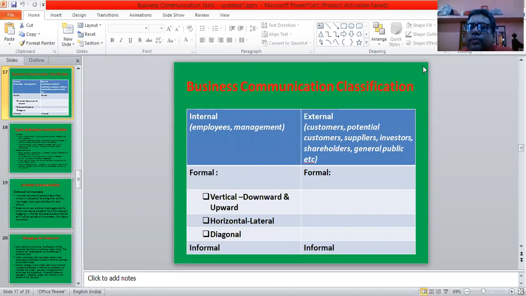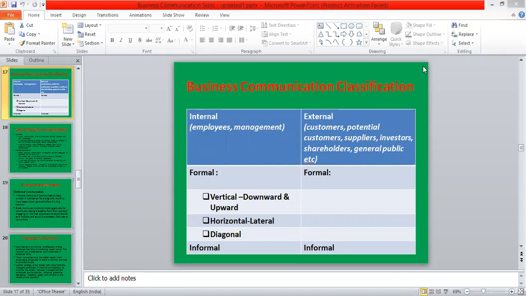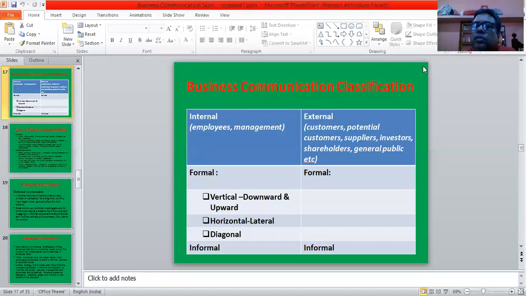Today in our review, what we will be doing is looking at the areas of vertical and horizontal communication. That is one part which we will review along with the other classifications of communication in business. If you look at the screen, you will see that business communication can be divided into two large heads. One is what we call internal communication, and the other is what we call